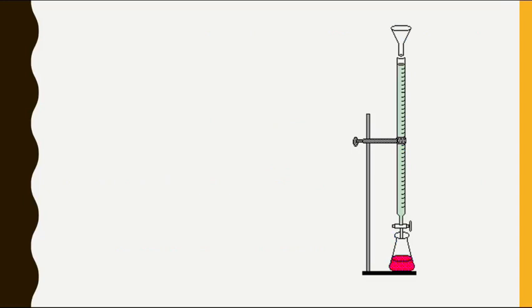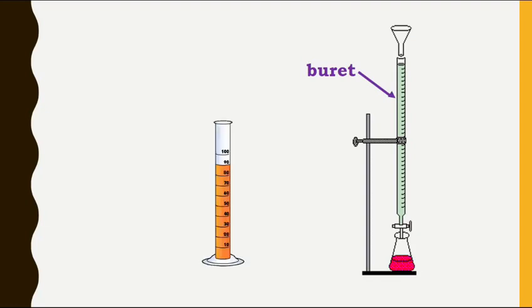So this isn't specifically in your notes, but I did want to make sure you knew what equipment we were going to be using in this lab, just so you knew what words and things we're talking about when I tell you to get these materials and start setting it up. So first, the most important part of a titration is a burette. This is a very carefully calibrated measuring device, which probably looks a whole lot like a graduated cylinder, except it's actually open at both ends. The top is where we're going to be pouring stuff into it, and the bottom has a little valve with a little handle on it that we can use to open and close so that we can pour stuff out